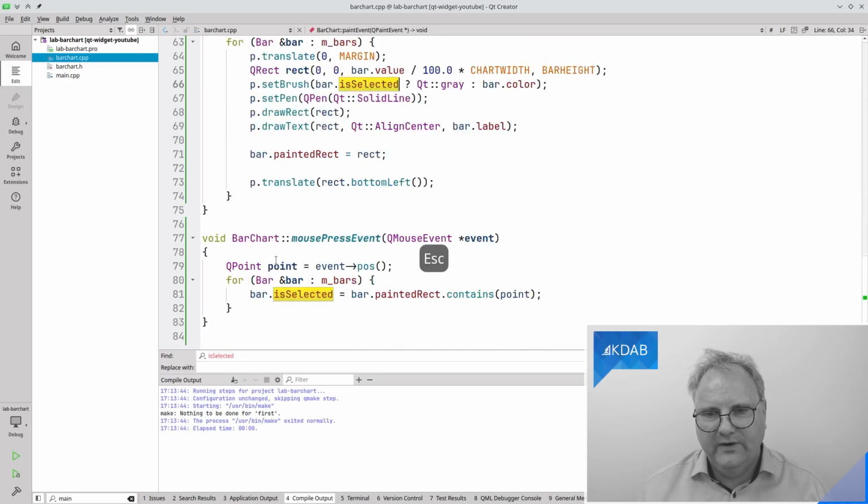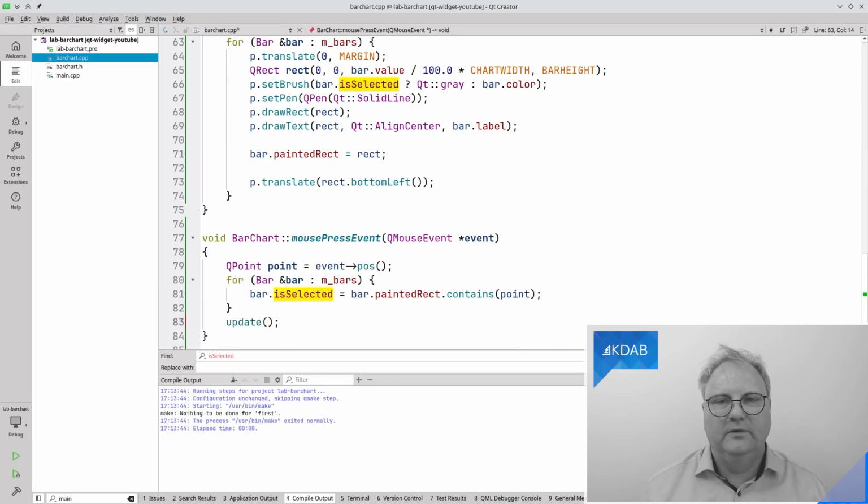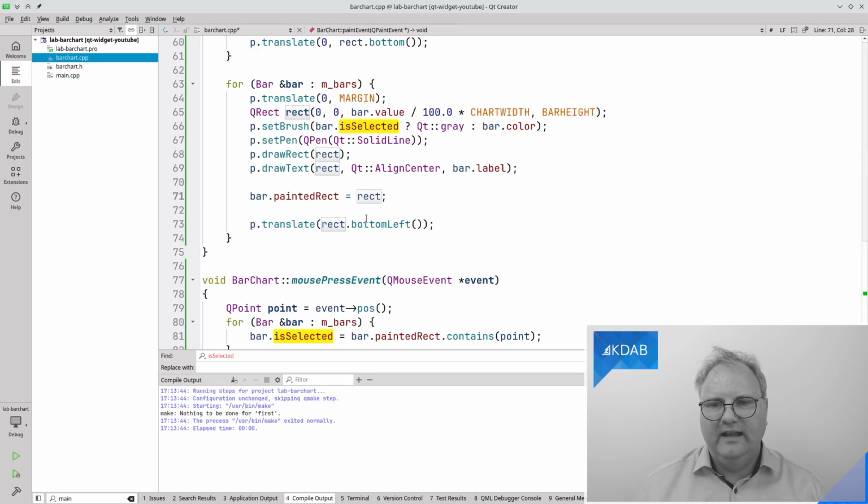Right, so when I pressed here and I updated it's selected, I of course need a new repaint event. That's why I try to resize, because I need to update. But there is a much more grave error in here, namely the rects that I have here. What is that x coordinate? That is 0, because I translated it in. And it's likely the y coordinate is also 0 because I had it up at the top.